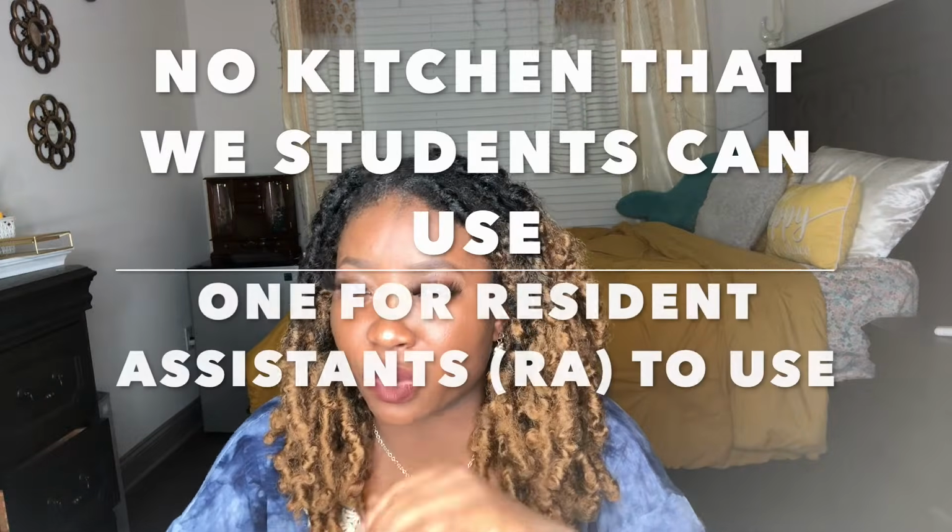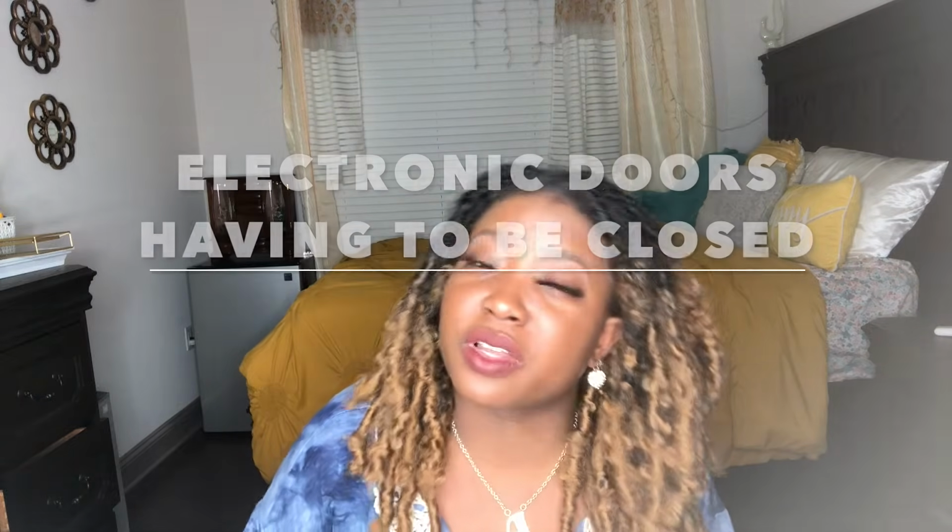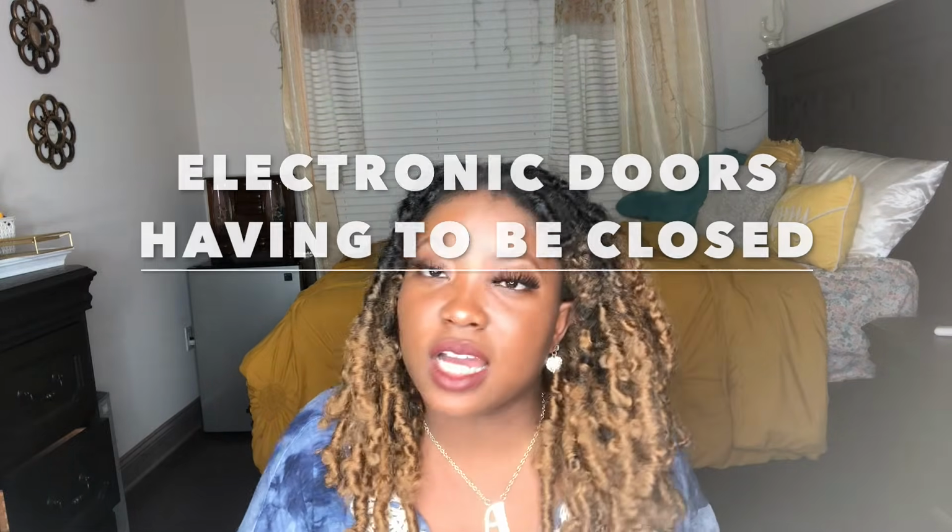We don't really have a kitchen, but I mean, there is a kitchen on the first floor, but I don't think we have access to it. It's for the RAs and stuff. The con was doors being closed to charge the batteries, which doesn't really foster the whole sisterhood. Another con is